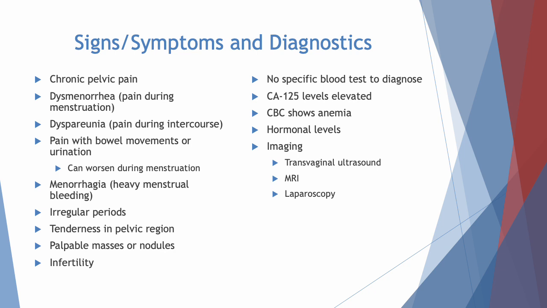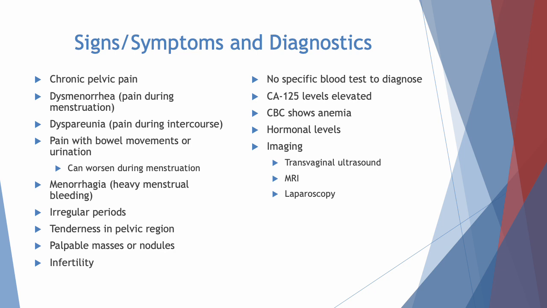Diagnostics include: there are no specific blood tests to diagnose endometriosis. Sometimes CA 125 levels are elevated. The CBC can show anemia because of the heavy bleeding. Hormonal levels, estrogen, progesterone, or FSH and LH, sometimes can be elevated, but it's not always indicative